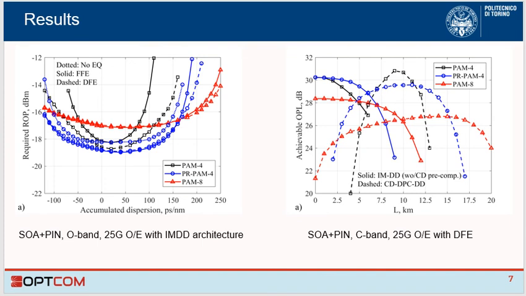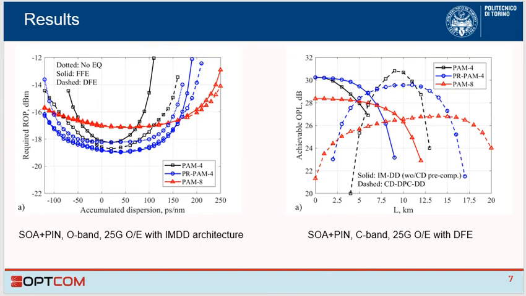From the figure, it's symmetric with respect to the D times L equal to 0 value. And we can also see that for the partial response PAM4 with FFE, the D times L range from -80 to 100 picoseconds per nanometer can be covered. On the right is link length L versus achievable optical path loss by using also 25G optoelectronics,